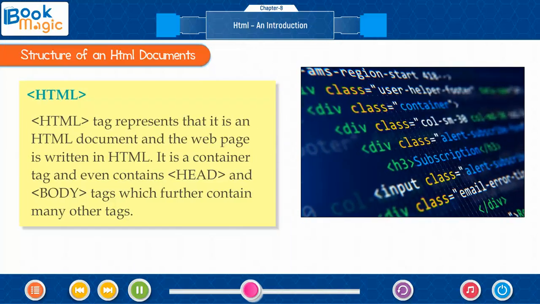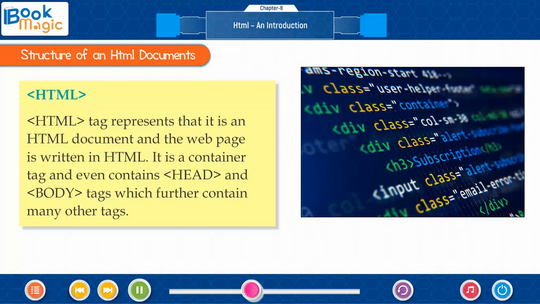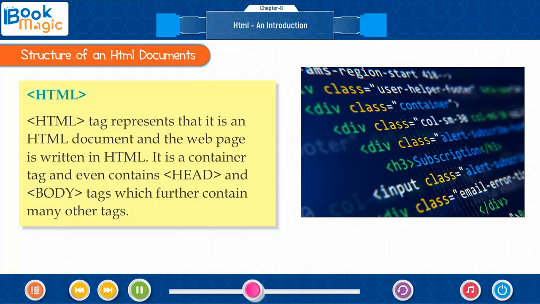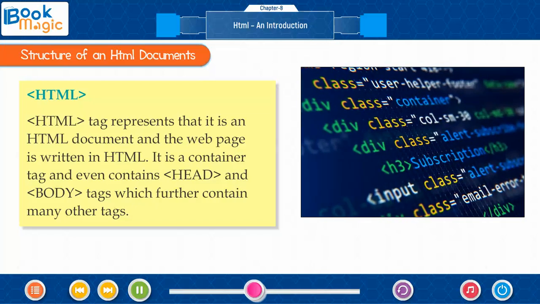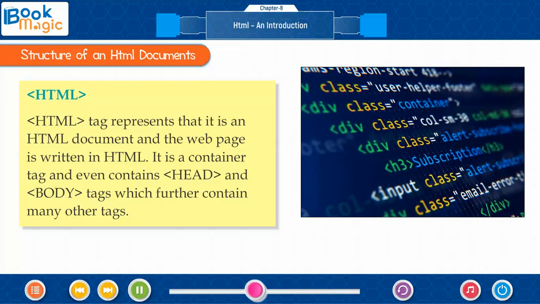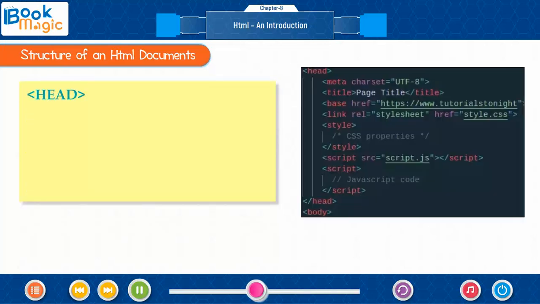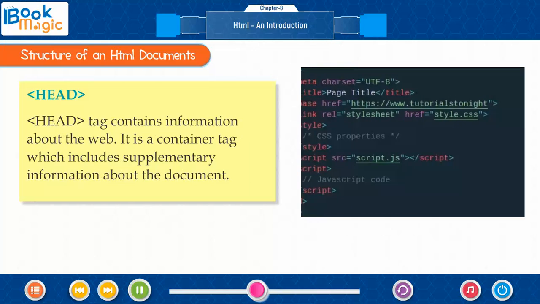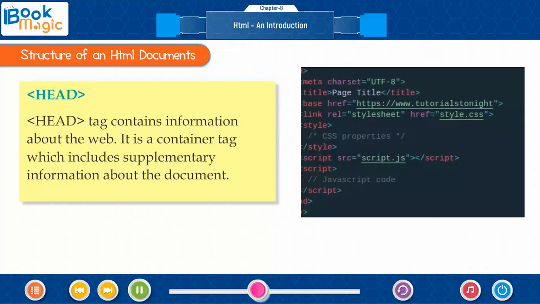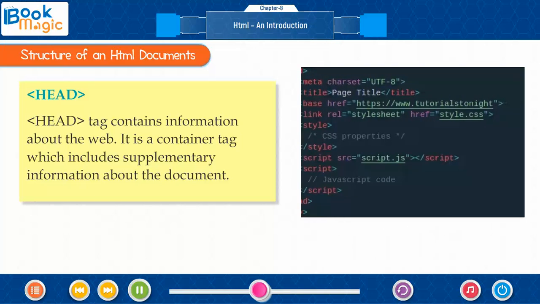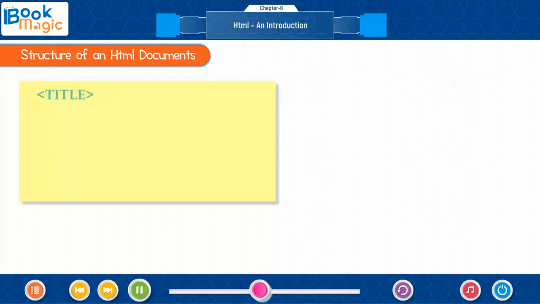HTML tag. The HTML tag represents that it is an HTML document and the web page is written in HTML. It is a container tag and contains head and body tags which further contain many other tags. Head tag. The head tag contains information about the web page. It is a container tag which includes supplementary information about the document.